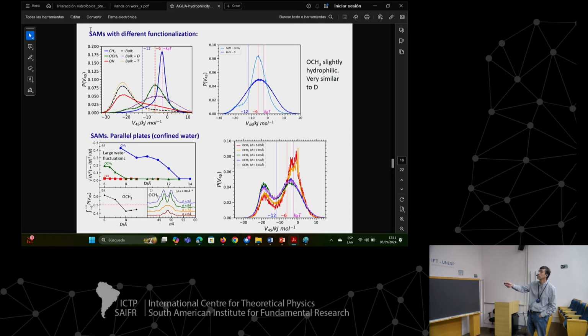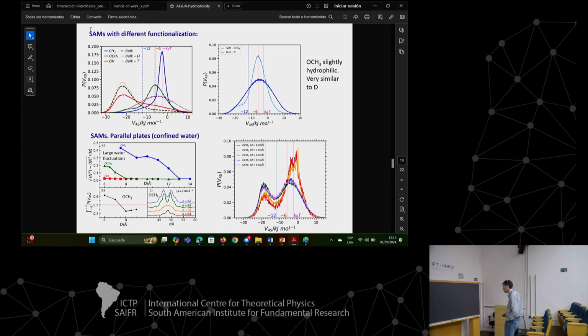It's very similar to bulk water. And this is what we get for the methoxy one. It's similar to the high density water molecules. Here we're comparing both of them. This is for the D molecules, the high density ones, and this is for the methoxy functionalized